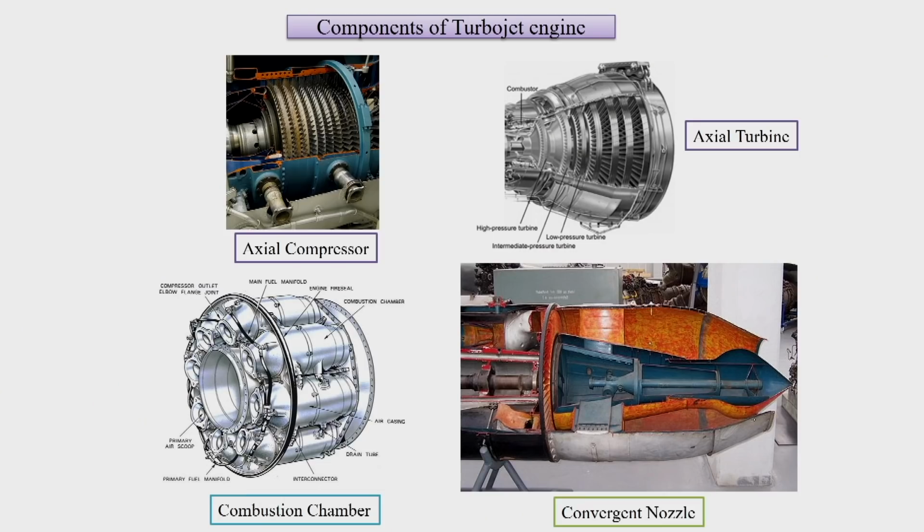So multiple stages of compressor, combustion chamber, multiple stages of turbine and nozzle, and then this turbine would be running the compressor. And then what we have seen was there are multi-spool arrangements. So there can be a high pressure compressor run by a high pressure turbine, a low pressure compressor run by a low pressure turbine, or we can have a single spool arrangement. So this is what we have seen in one of the early classes.